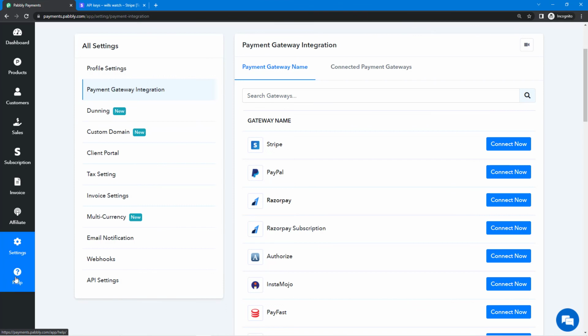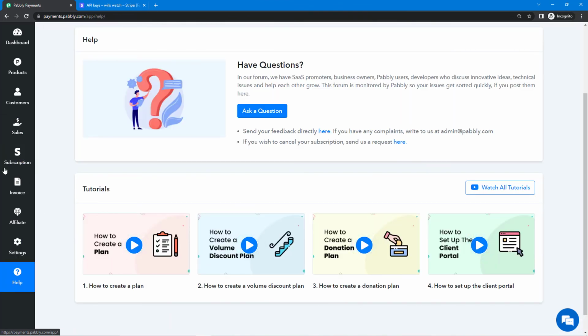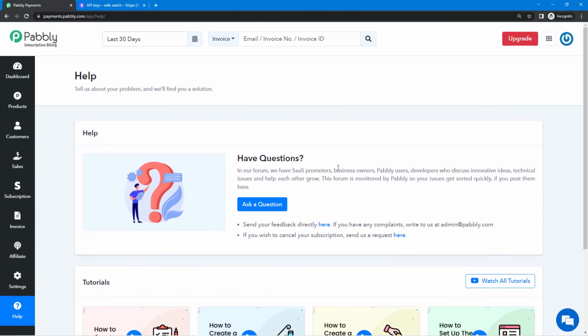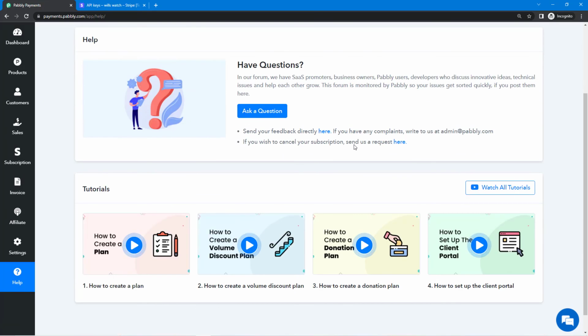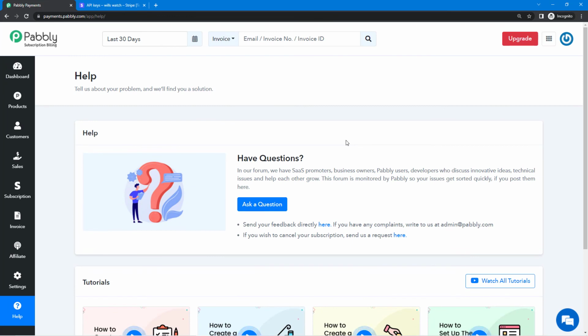At last, I'll just say it's very easy to use Pabbly Subscription Billing. You just need to add your product and add a plan along with it and start collecting payments from your customers. Whether you add a product, create a plan, or do anything under Pabbly Subscription Billing, if you have any doubts while doing so, you can go to the need help section, or you can just mail us at